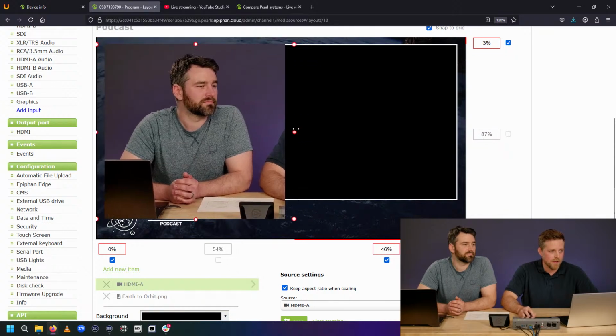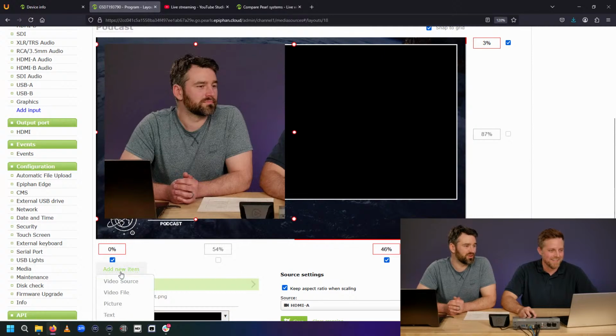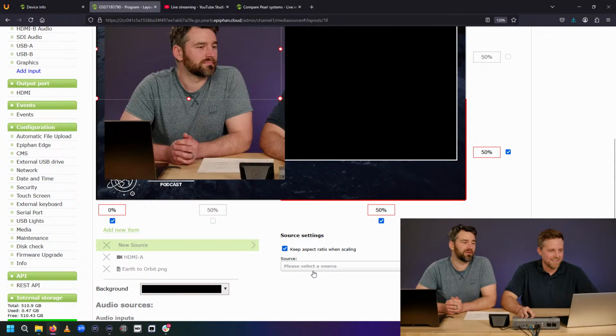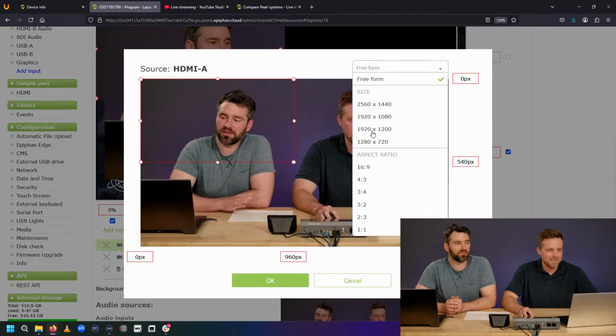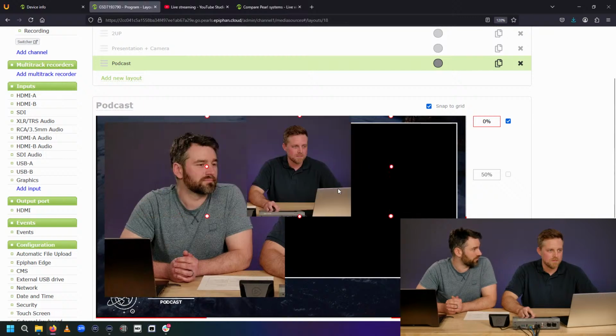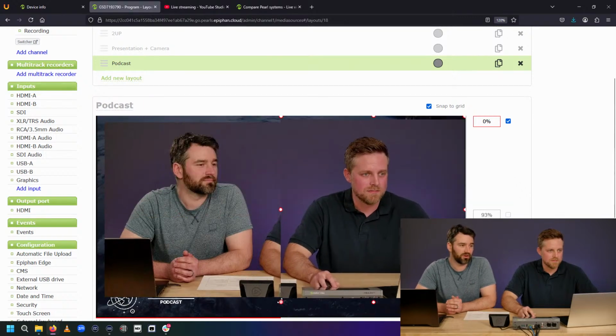Go something like that. So you can really just throw out the video sources, and you'll see in a moment when Dan pulls that layer, because you can move layers around in the layout, that it's going to get rid of this non-precise movement, which is a really nice, quick way of doing things. Maybe you have to change a layout on the fly during a live show or something like that. This is a nice way that you could do that without having to worry about being so precise.